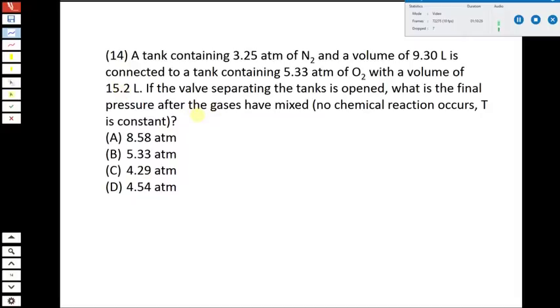All right? So we should recognize that whenever we mix two gases together, what Dalton's law of partial pressures tells us is that the total pressure is just the sum of the partial pressures of the two gases. So it's going to be the pressure of nitrogen plus the pressure of oxygen. But we can't just use the two pressures we're given. These have to be the pressures that we observe after they're mixing together, because both of the gases are going